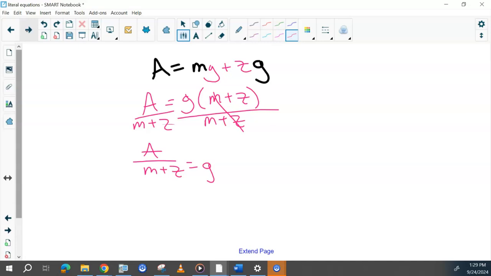Okay, so do this Delta Math on literal equations, and then you guys can work on other Delta Math or your study guide review that's on your desk. You guys can work with each other, move around, let me know if you